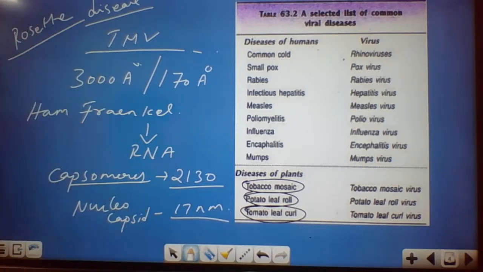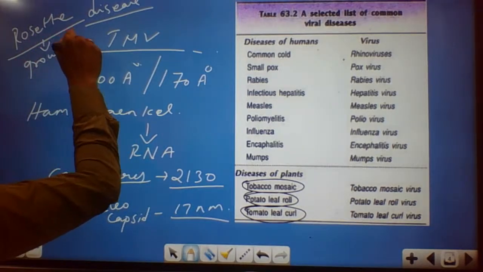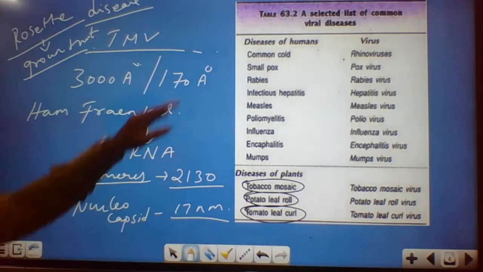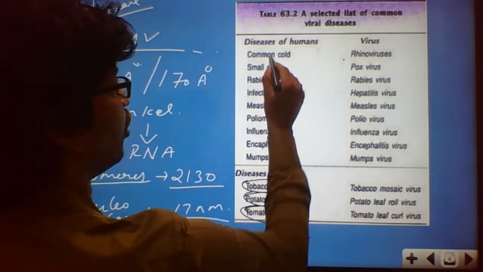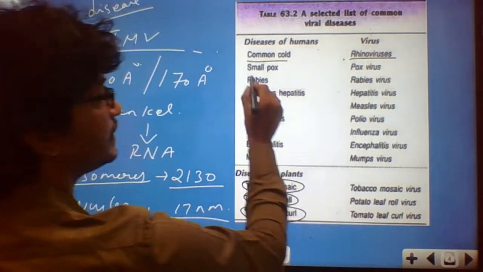Okay. Rosette usually causes disease in groundnut. Coming to the animal viruses, how do we categorize animal viruses? So rosette disease is caused in groundnut. Coming to the animal diseases, the common cold, which is caused by rhinovirus, smallpox,